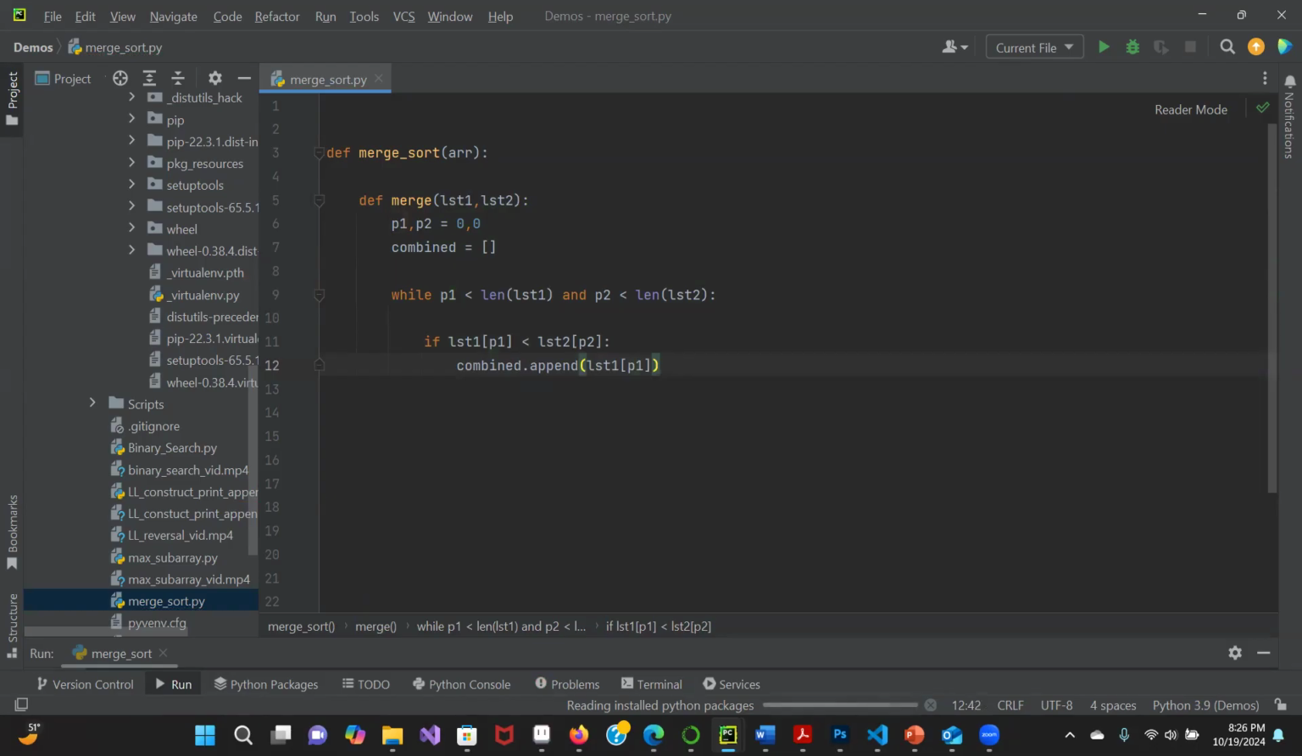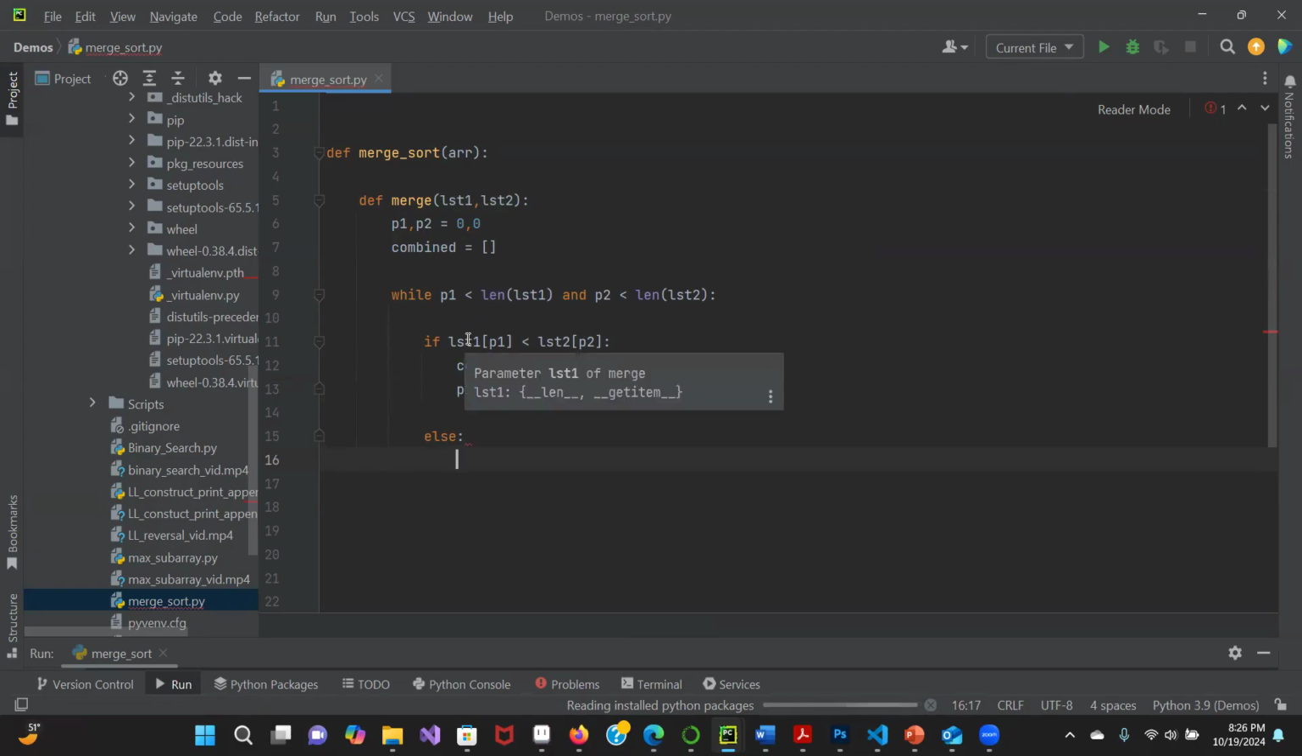And of course, after doing that, we will iterate P1 forward. Okay. Now I'm just going to use an else. So if we have any other situation, so if these two are equal or the value at index P2 for list two is greater than the value at index P1 for list one. Okay. If either of those two are true,